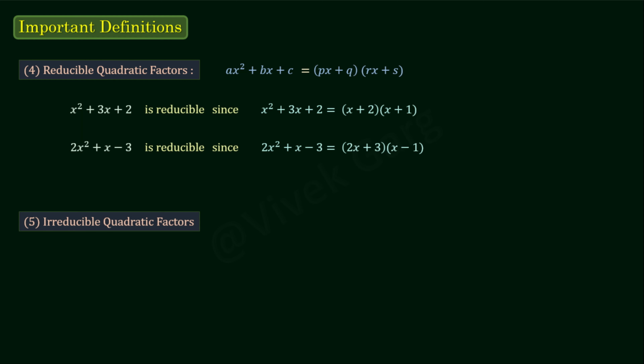Fifth, irreducible quadratic factors. A quadratic function is irreducible if it cannot be factored into linear prime factors. That is, a quadratic function is irreducible if it is non-reducible. For example,